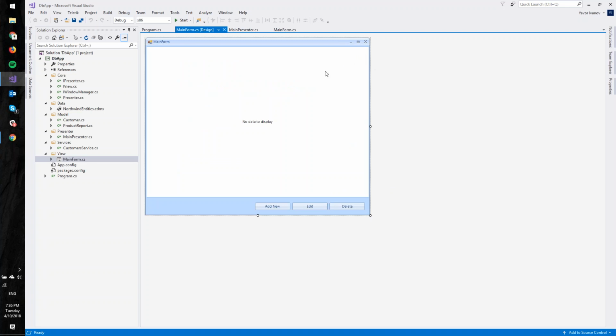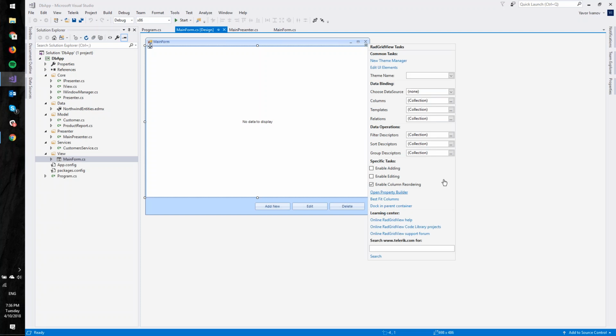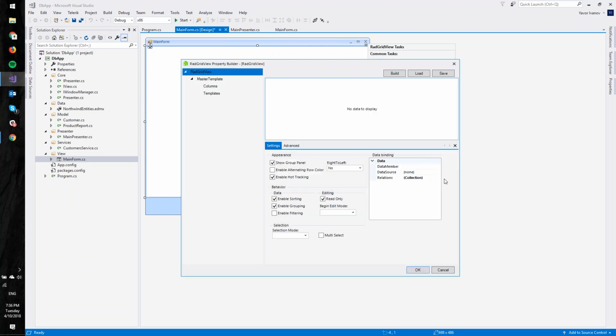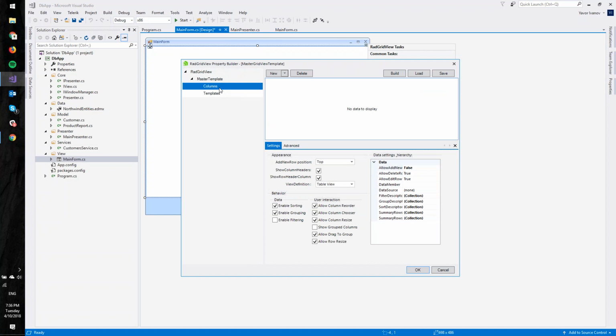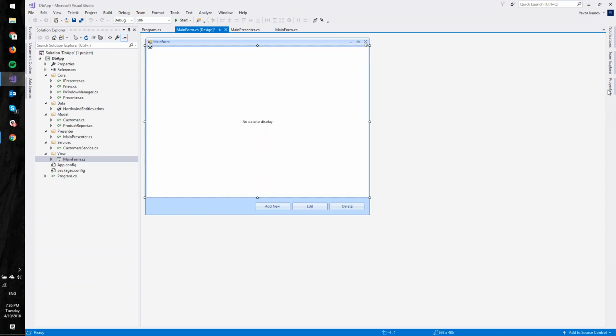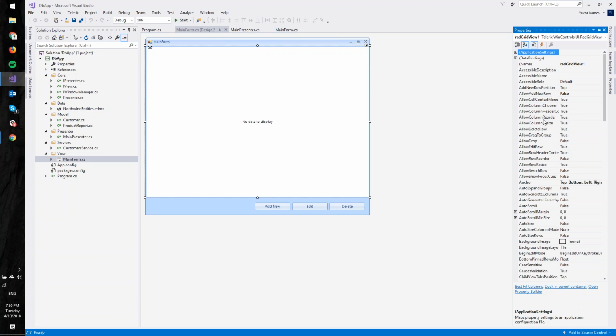Okay, let's try to open up the property builder again. Okay, now it works. Okay, and let's first say that the auto-generate columns is false,